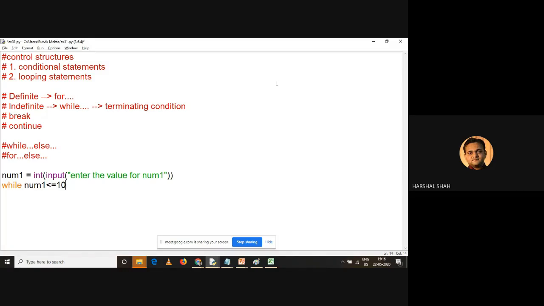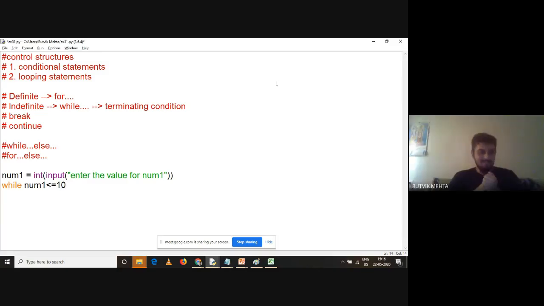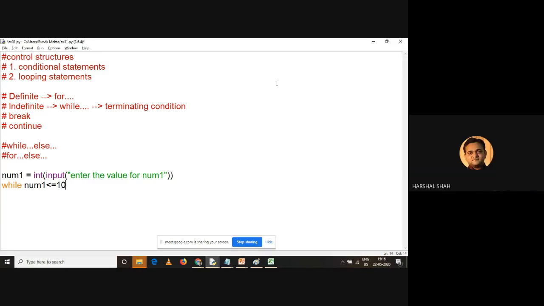Okay, Anil sir is saying that num1 is less than or equal to num1 minus 1. Mridul Mishra says another variable is needed, initialized to 1. Yes, that can be correct. You can also have a num1 which is a terminating condition. So yes, we take out another variable and we can do it.